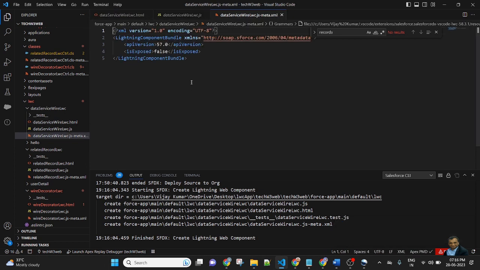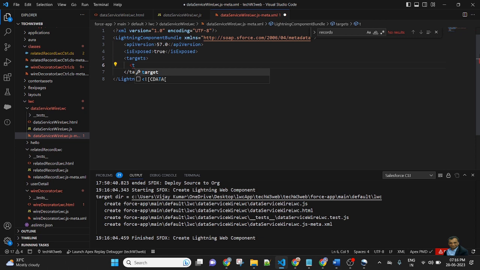In the metadata, first I will pass isExposed equal to true, and then add targets. Inside the targets, use the target where you want to display this component.